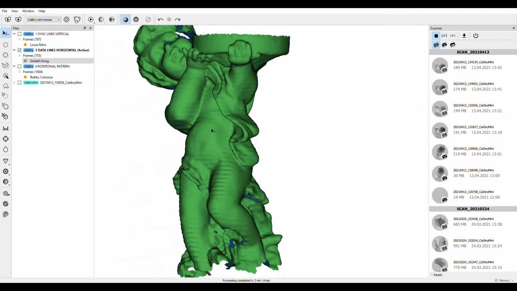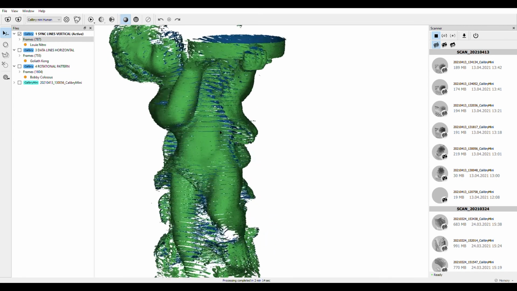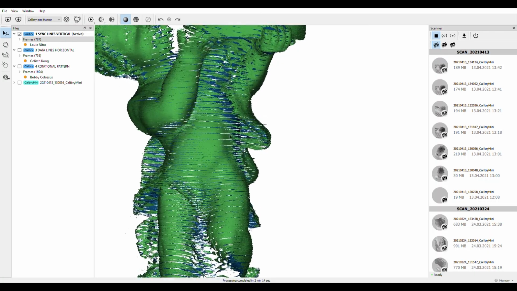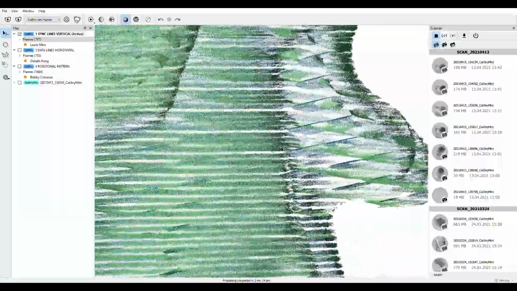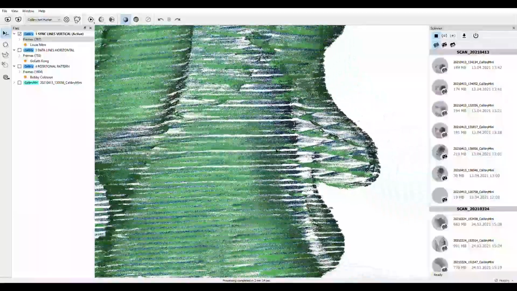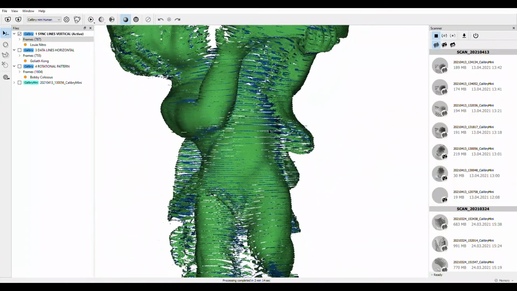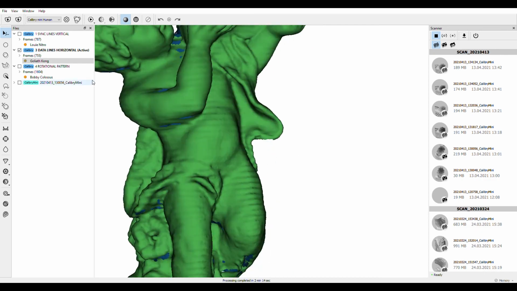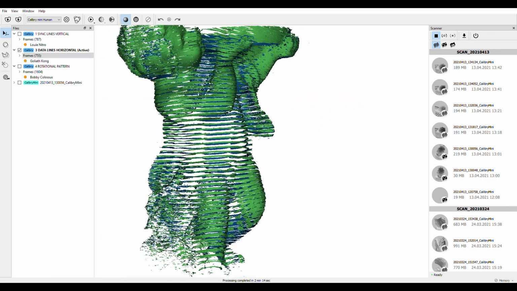Let's explore what caused it. When this statue was scanned, the scanner was mounted on a tripod. It wasn't moved at all, and it stayed on the same spot, still and untouched. The light grid was being projected onto the statue, and since only the horizontal lines are data lines and are captured, only they stayed in the point cloud, making it look as if multiple layers are stacked on top of